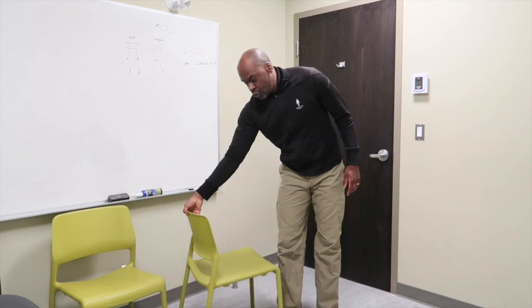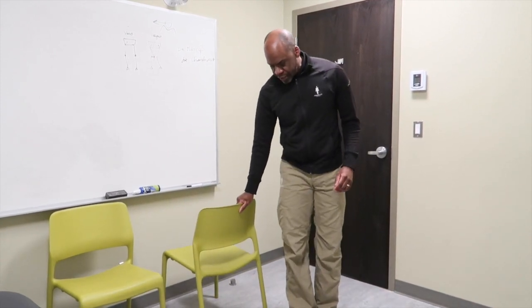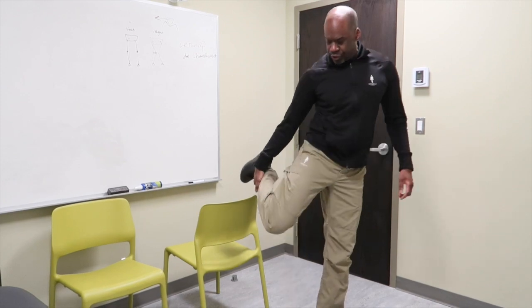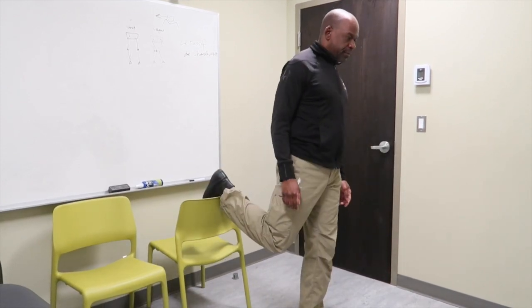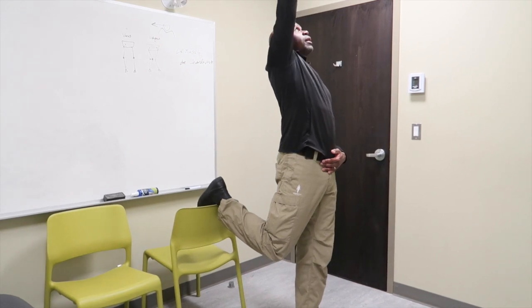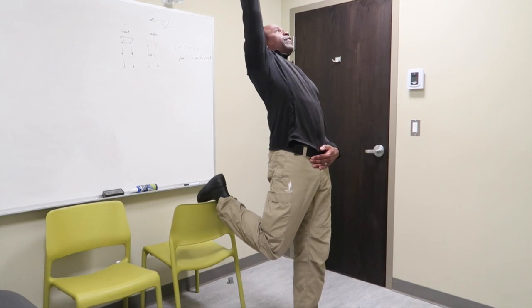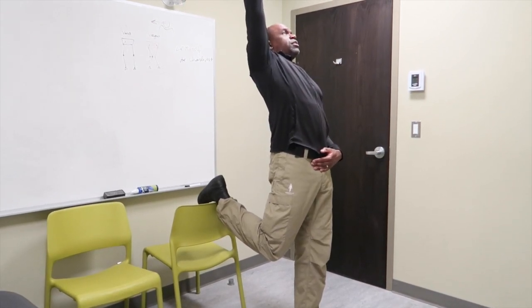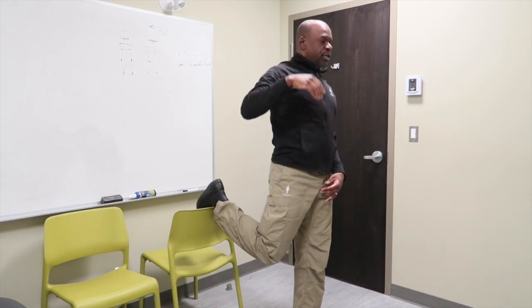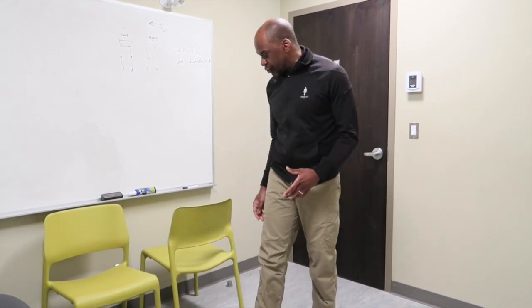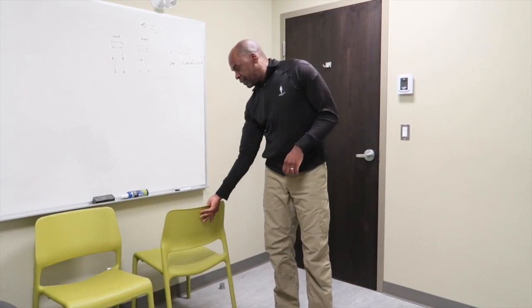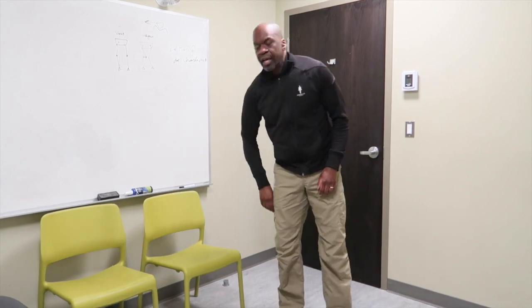If you're more flexible and you want to have a deeper stretch, you can turn around and put your foot on the back of the chair and then do the same thing. This is going to give you a deeper stretch. We're going to try to hold that for an extended duration so that we can stretch all of those structures out. Ideally, we want to hold it for a minimum of 30 seconds, but if you are comfortable enough and flexible enough, work your way up to holding that stretch for approximately 1 minute each side.